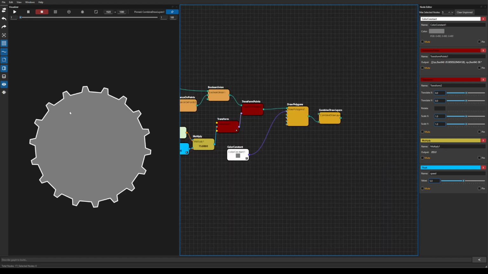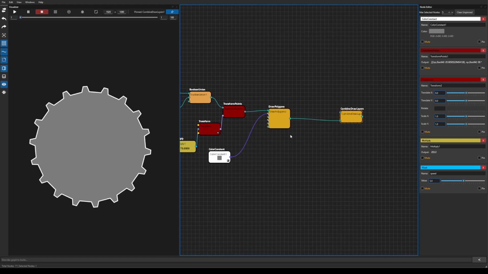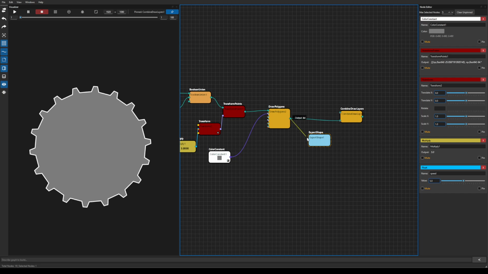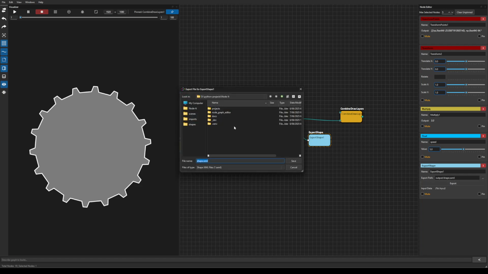You can also, if I don't want to remake this shape, it obviously won't be procedural, but if I wanted to keep this shape forever, I can export it. So I can, sorry about that, I can export it, export shape, and I can just click on that and export it. The format is, I've just made it up. It's an XML format, but I've put an S in front of it for shape. And I can export this out to shapes. I'll just call it test here